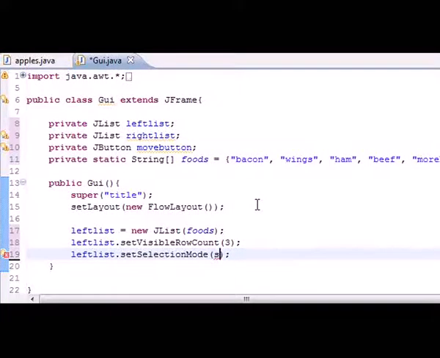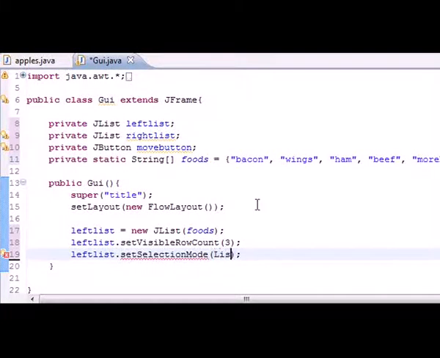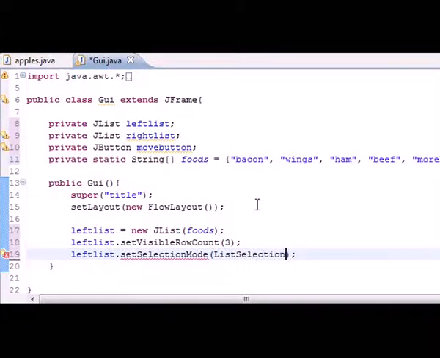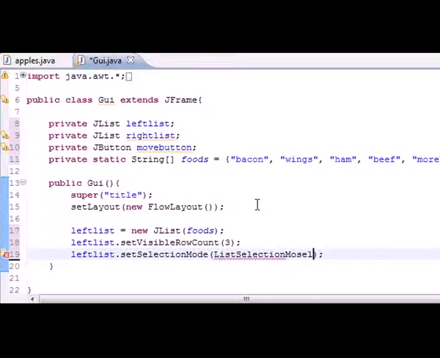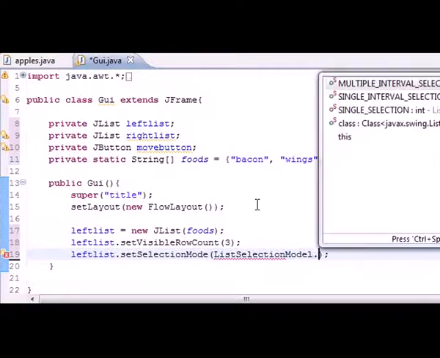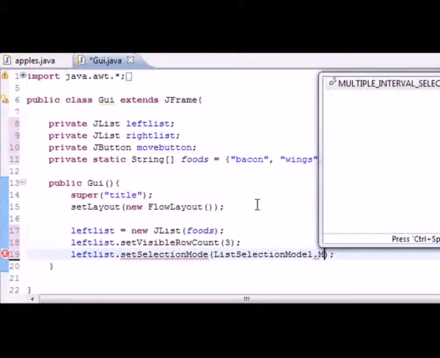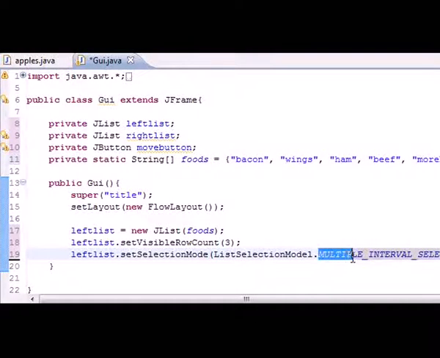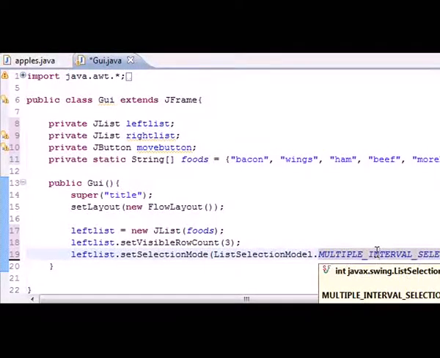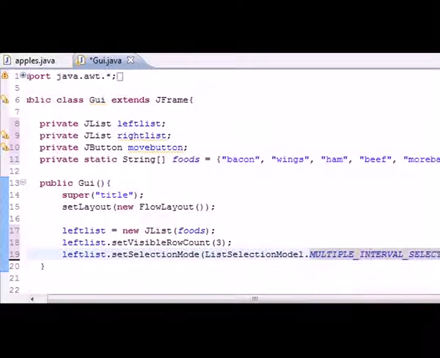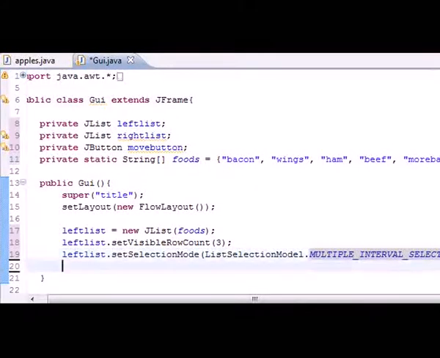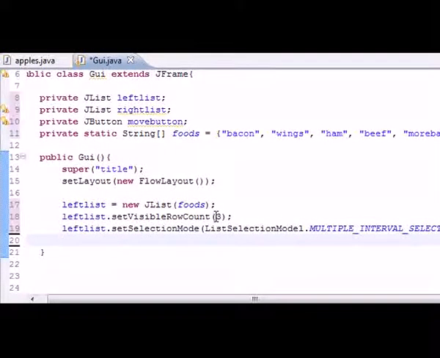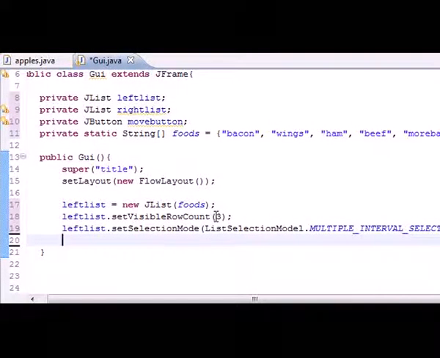And our selection mode, unlike before, is going to be list selection model dot multiple interval selection. And what this means is, unlike last time where you can only select one thing at a time, with multiple interval selection, using your control and shift keys on your keyboard, you can select multiple items at a time using this. So now the last thing that we need to do to our left list is add it to